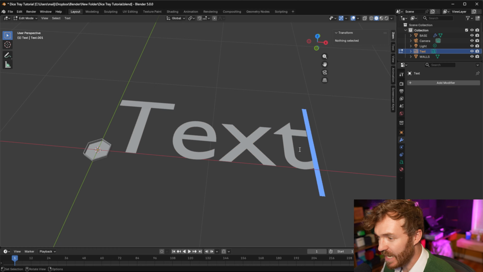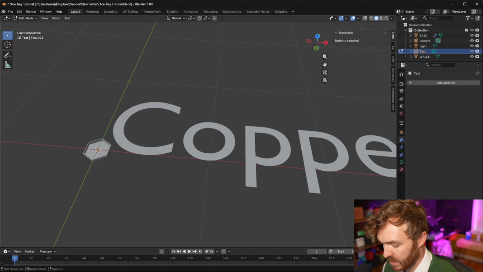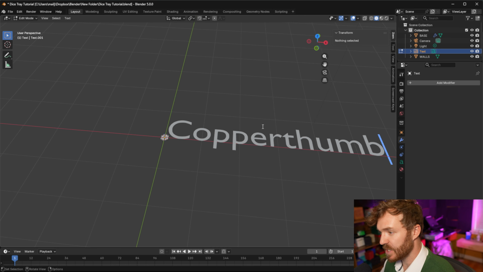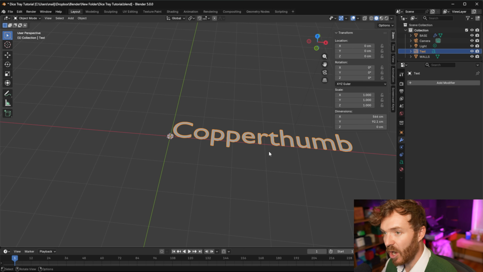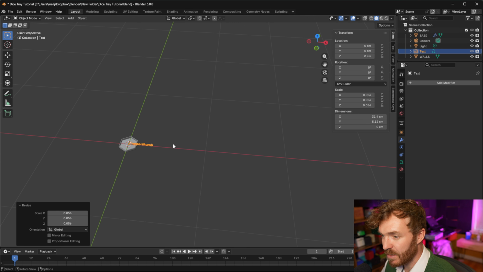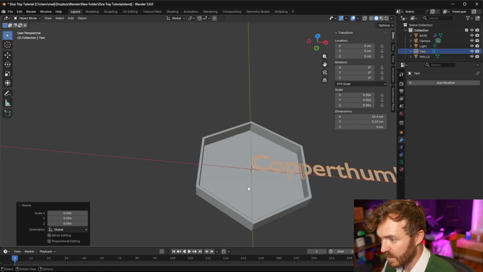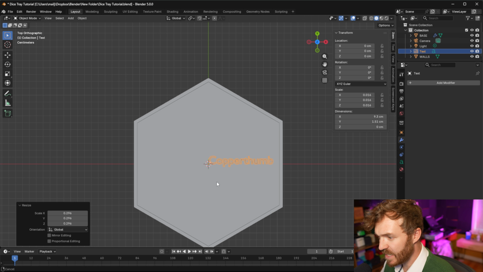Now, if I go into edit mode, I can delete that text and put whatever I want. I am going to put Copper Thumb. Now you'll see it goes off the screen because it's absolutely massive. So if we go back into object mode, hit scale, let's scale that right down, zoom in, scale it even further. I'm going to hit 7 for top view, and you'll see here that it's off center because it's sort